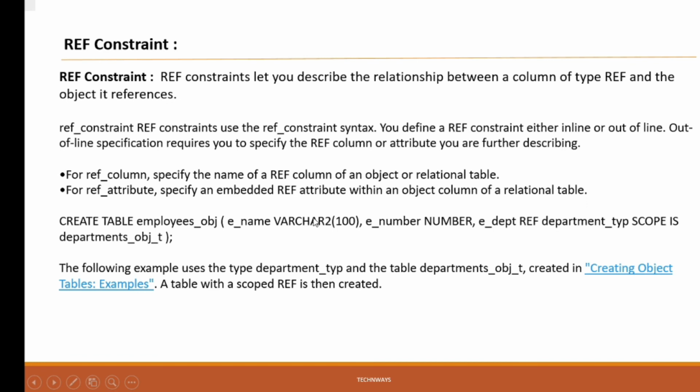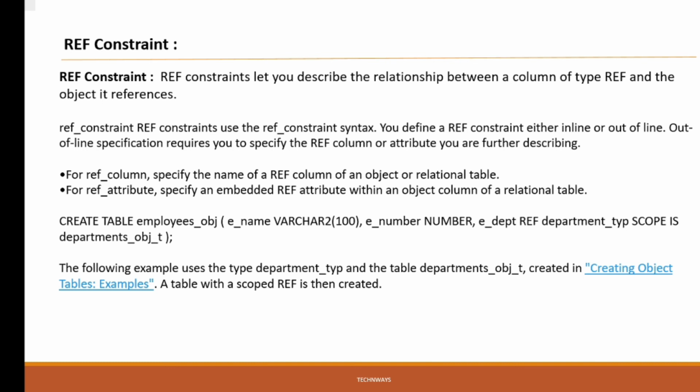Now the reference constraint. This is not mostly used in development; the others I told you about earlier are the ones mostly used in database development. But what is the basic use of this constraint?